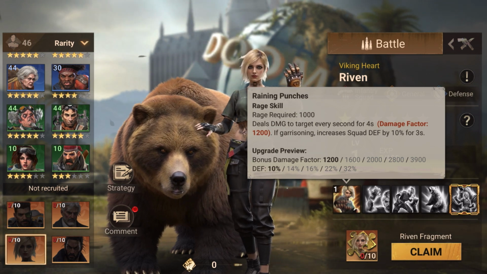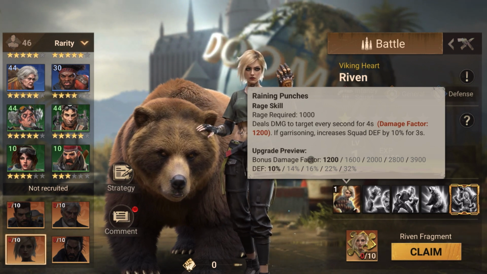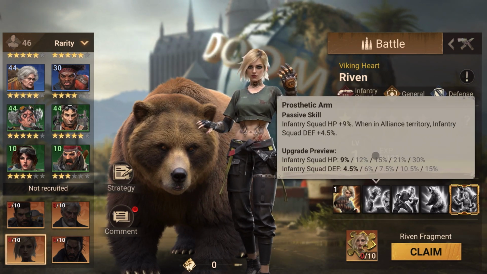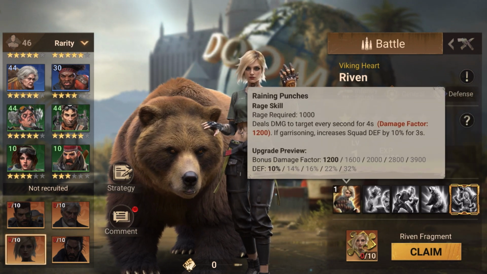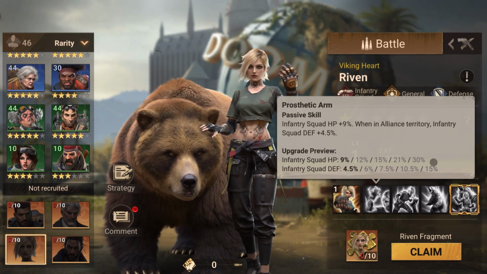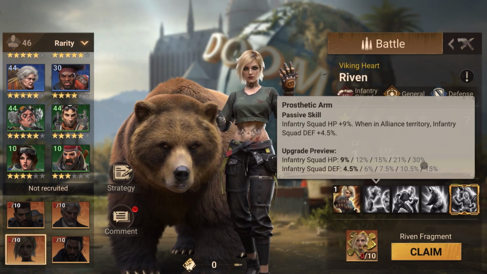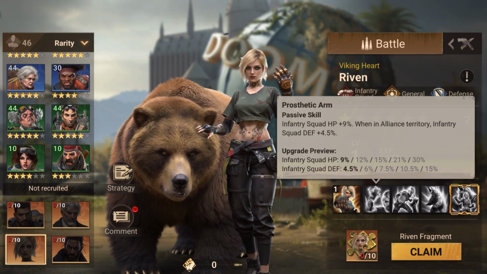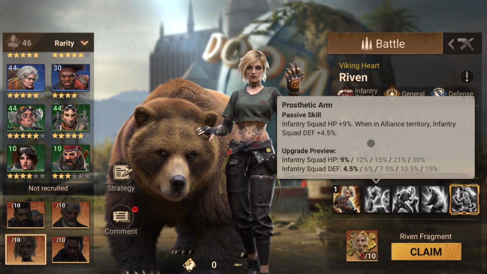In that case, you are not in alliance. You can be potentially not in alliance territory, but if you are, say, garrisoning a tower or a village, you are in alliance territory. So in those situations, this turns out to be a 47% squad defense buff on top of HP buff. So this is pretty substantial. She is a good tank if you are going to defend a tower or a village or something. And with these two skills alone, she is kind of tied into garrison role,